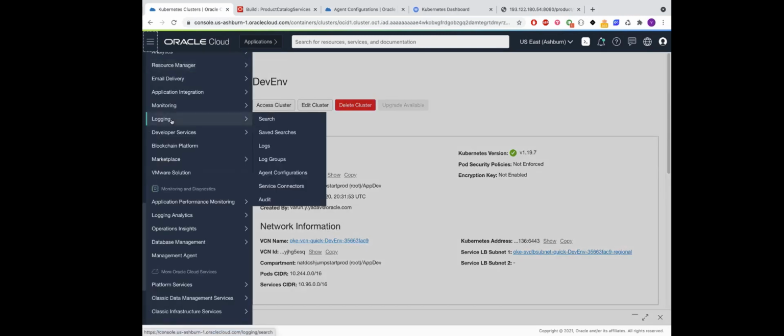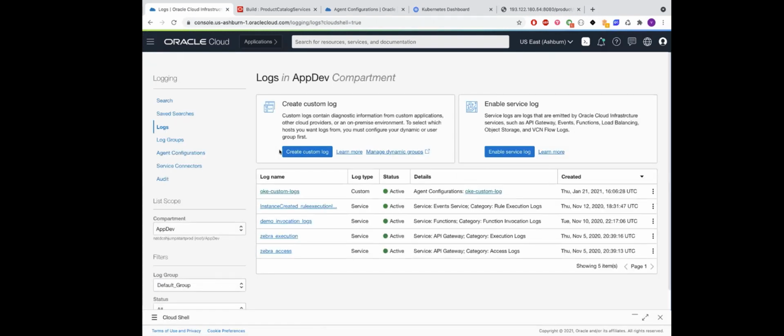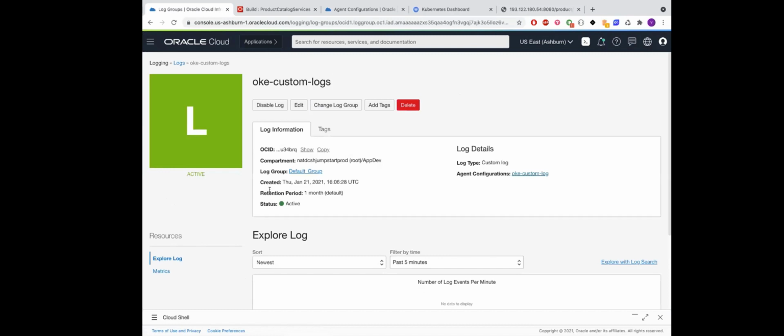You can go to the logging and simply go to the logs, where you can set up the logging for the application level. You can see I already have a log created, and I'll share the documentation on how you can set up the logging, because it's very easy. I already have it set up over here, and you can see it's using the agent configuration. If I click on that,